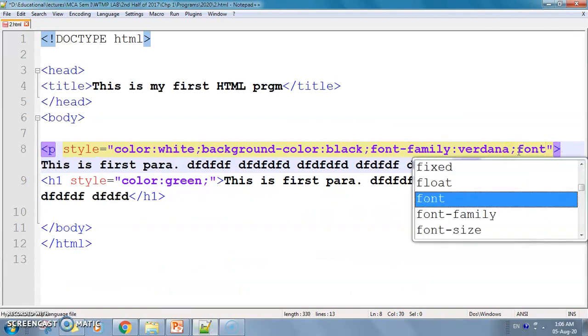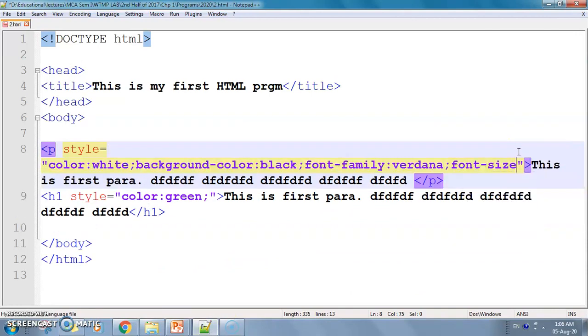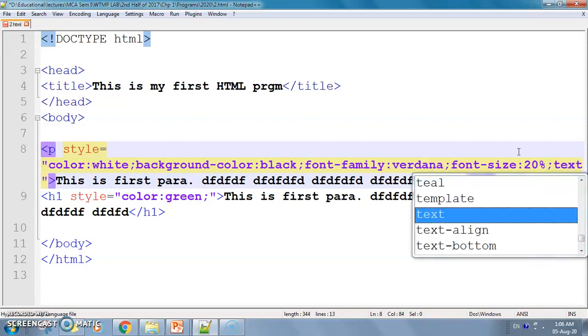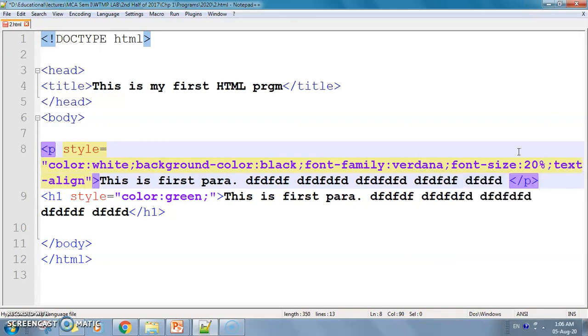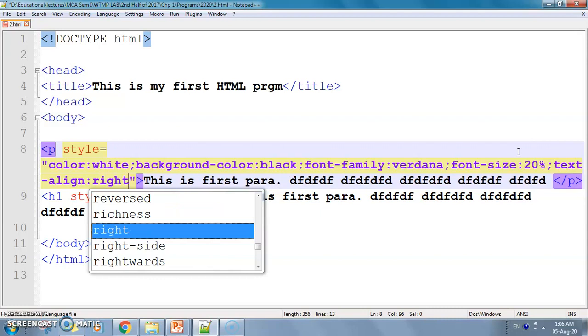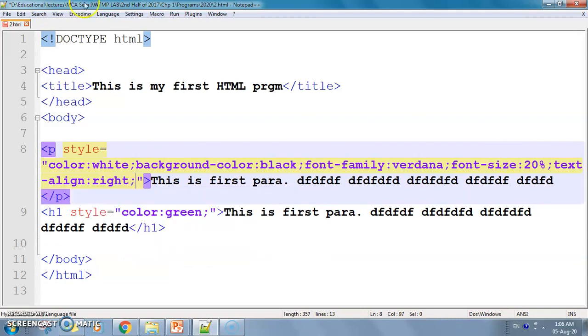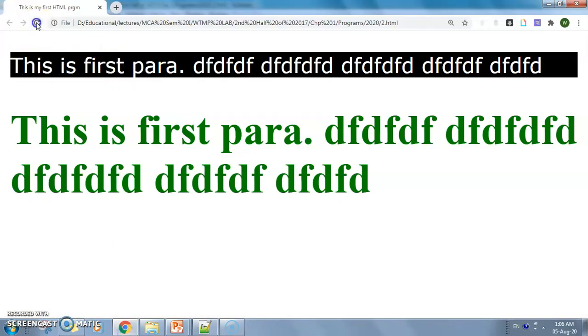Font size, suppose 20%, semicolon, and text alignment, suppose right. Now save this code and see the output.